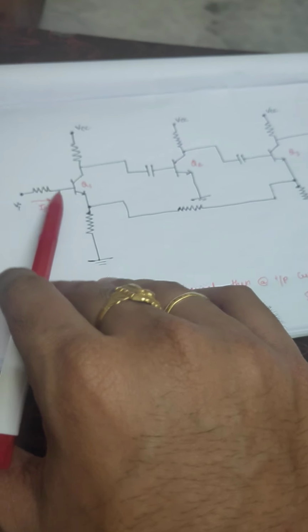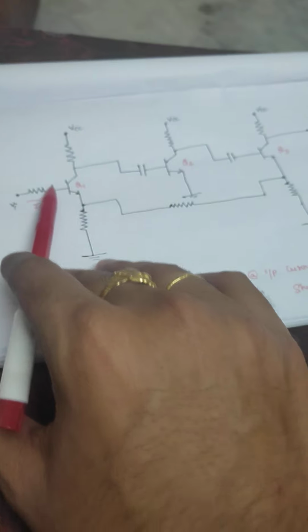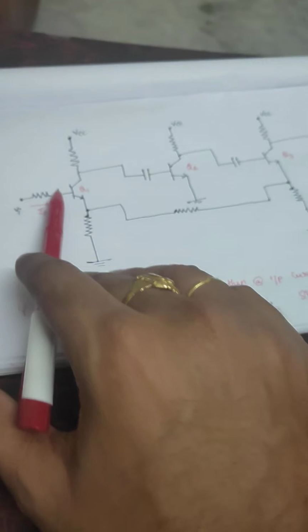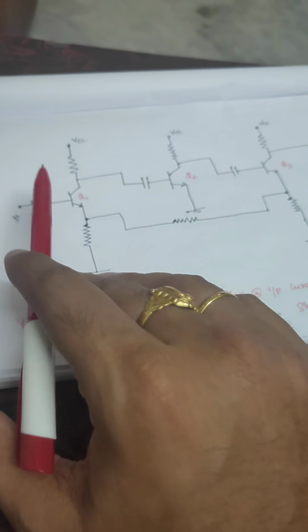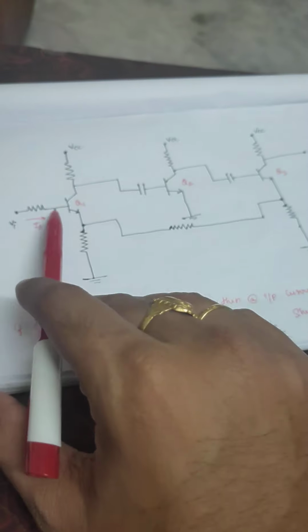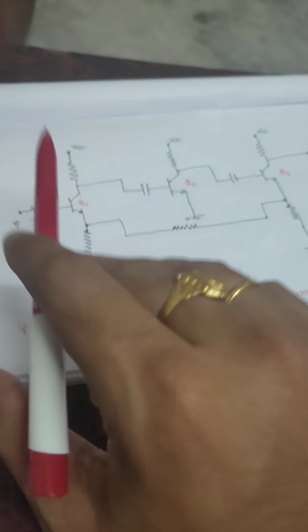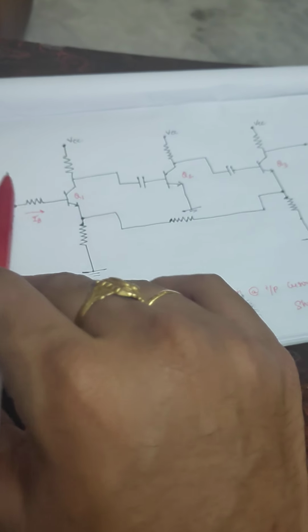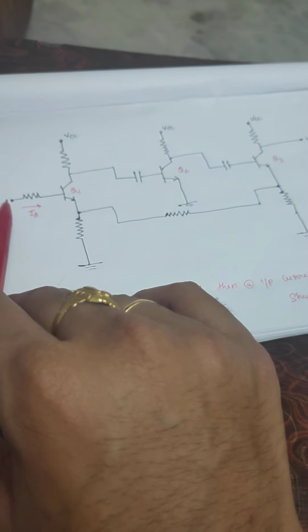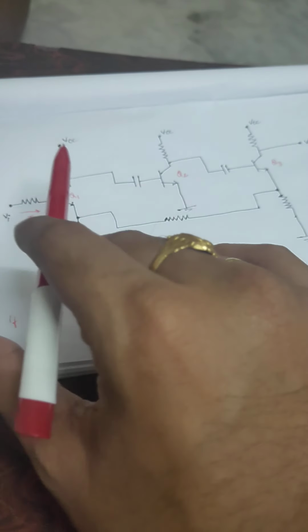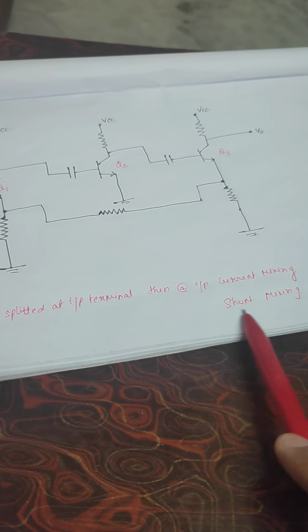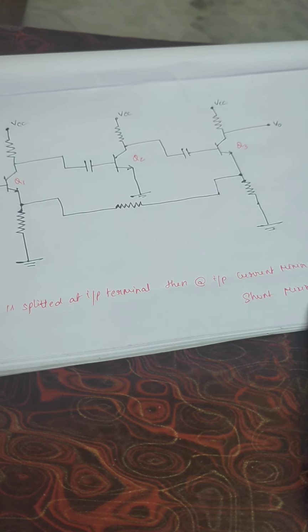If mixing is done here, that means if there is splitting, that means if you are going to have a parallel branch in this direction, IB is going to be split. Hence you can name it as current mixing. Students, please remember the current mixing concept: if there are n number of currents to be mixed, there must be a parallel connection, because we pretty well know that currents can be mixed or added only when there is a parallel path. Hence current mixing is also called parallel mixing. Parallel is nothing but shunt, hence it is also called shunt mixing, right?